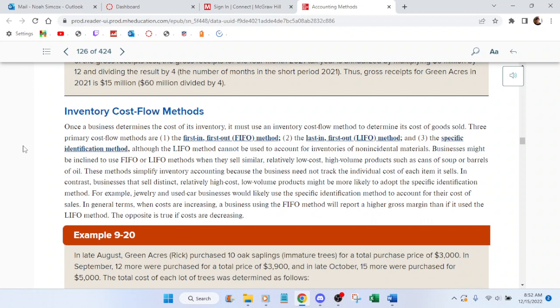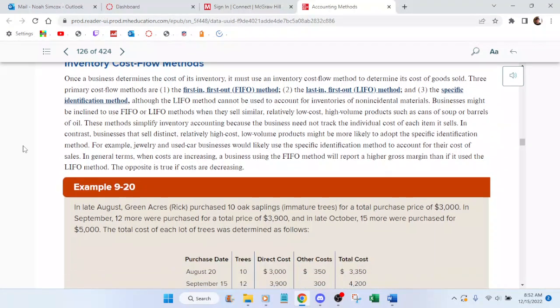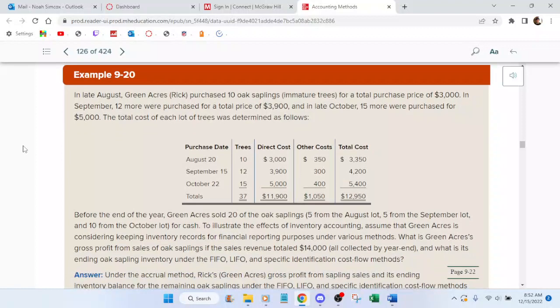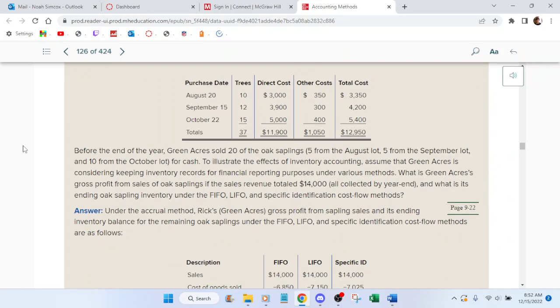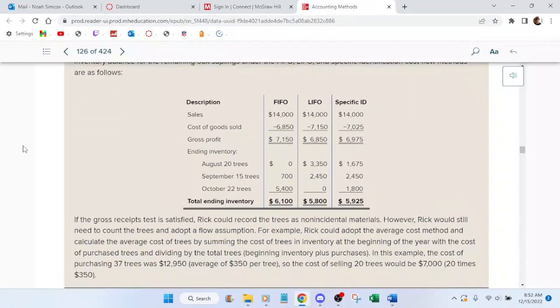I know how to use FIFO and LIFO. I don't need to study all of these. So I'm just going to completely skip over LIFO because